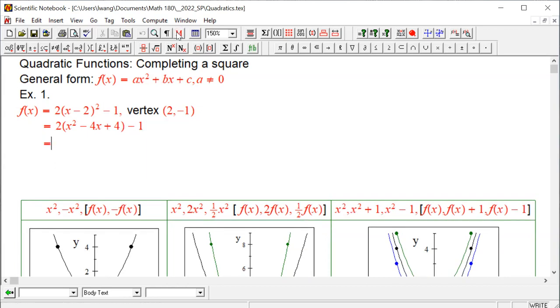Then if I distribute the 2 inside the parentheses, I'll get 2x squared minus 8x plus 8 minus 1,